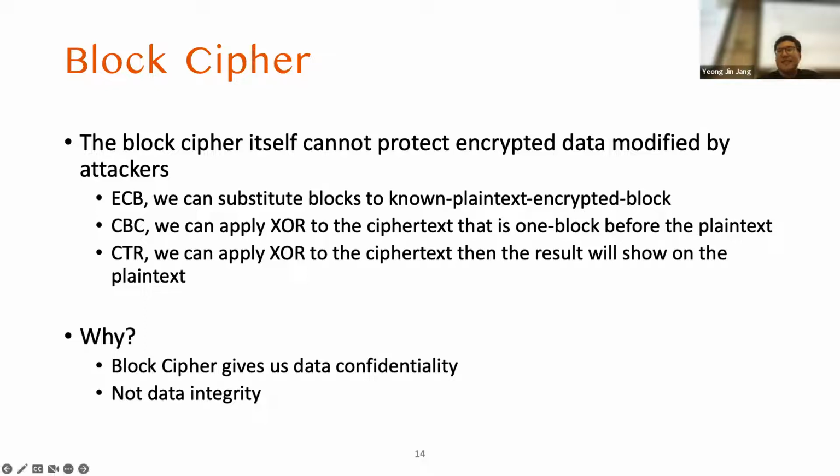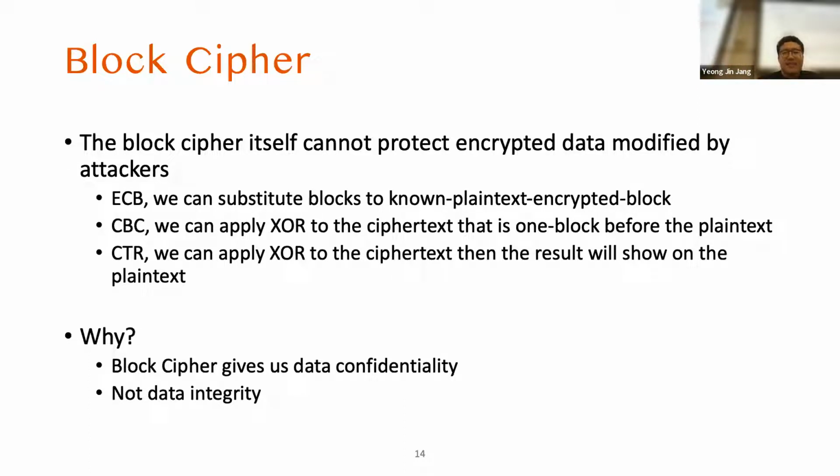And for CTR mode, because only the XOR is the linking thing between the resulting outcome of the block cipher and the ciphertext and plain text,